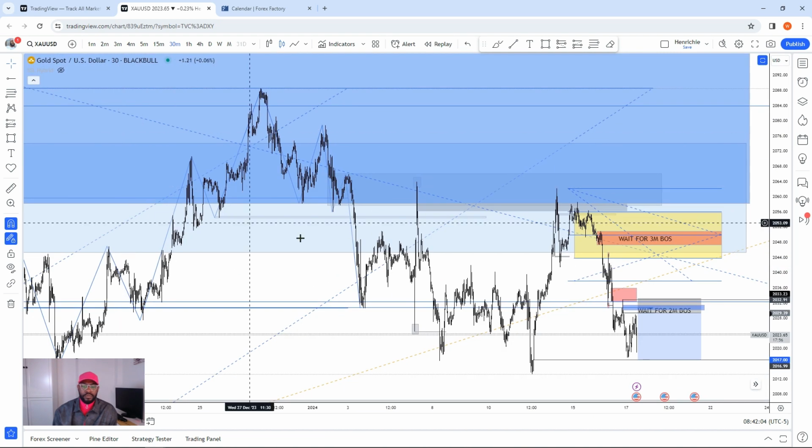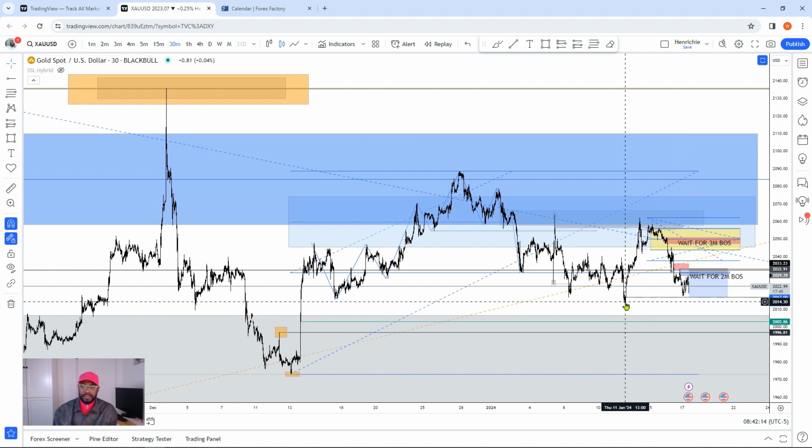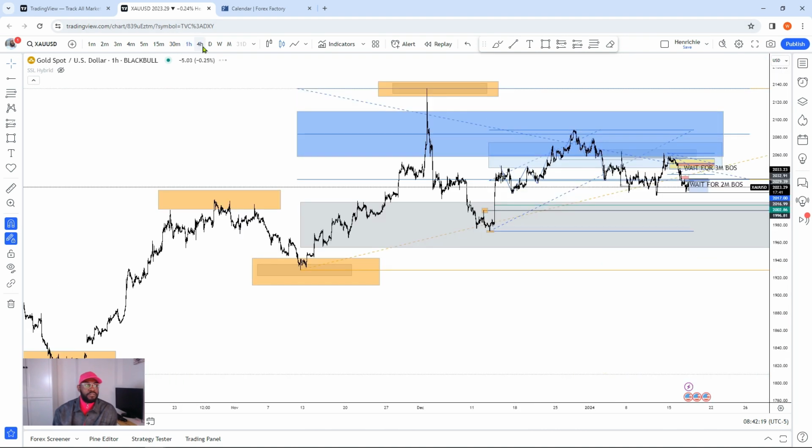And if we go to the current price action, you're going to see that the green line is what I'm anticipating for price to come into. But as you can see, price didn't come into that key level. It came very close and then expanded high. Now, if we go to the 4 hour time frame,